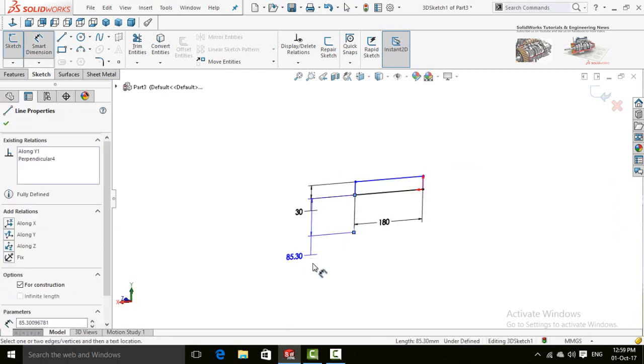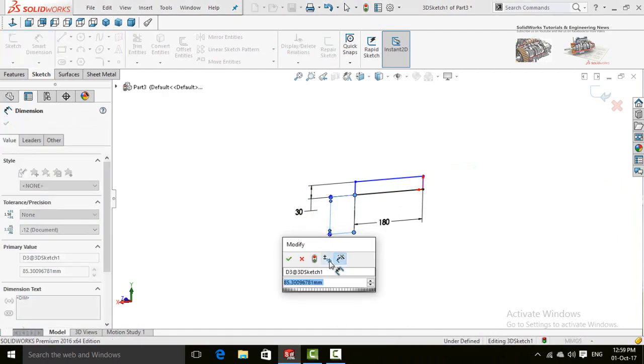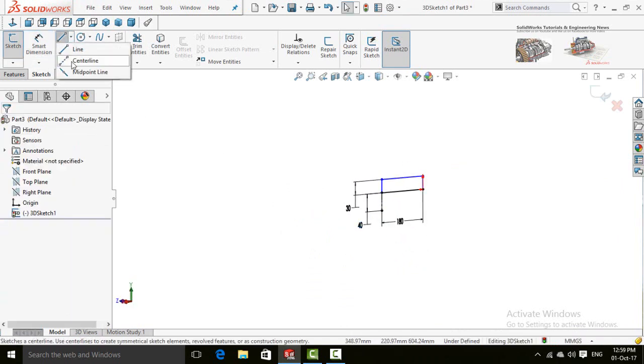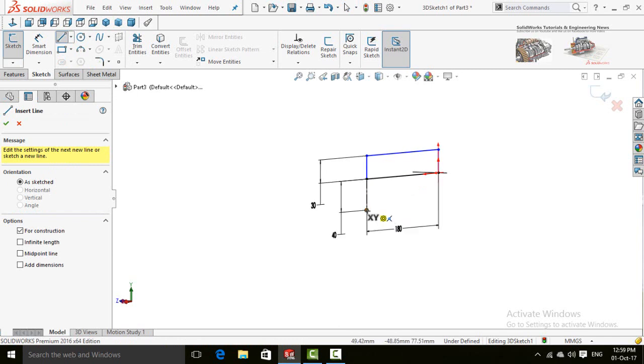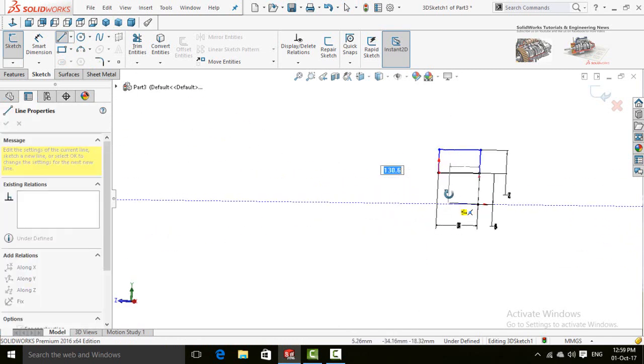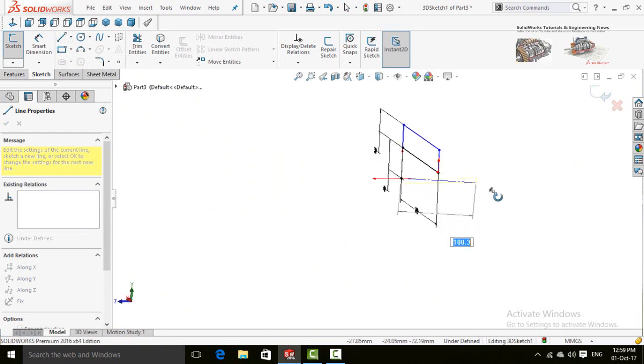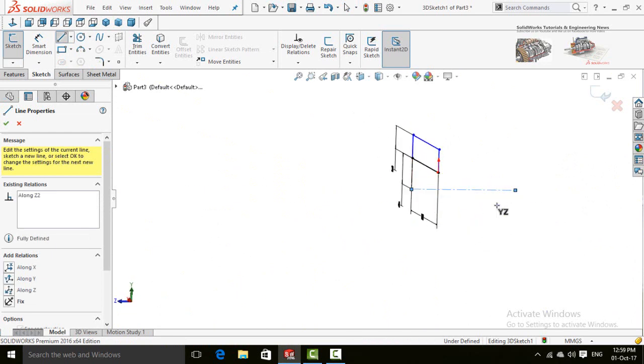Define it 40 millimeters. Now draw another center line and start it from this point along YZ axis.